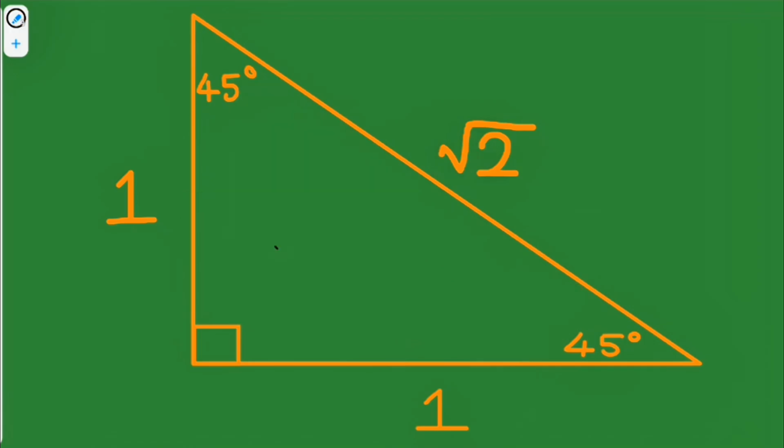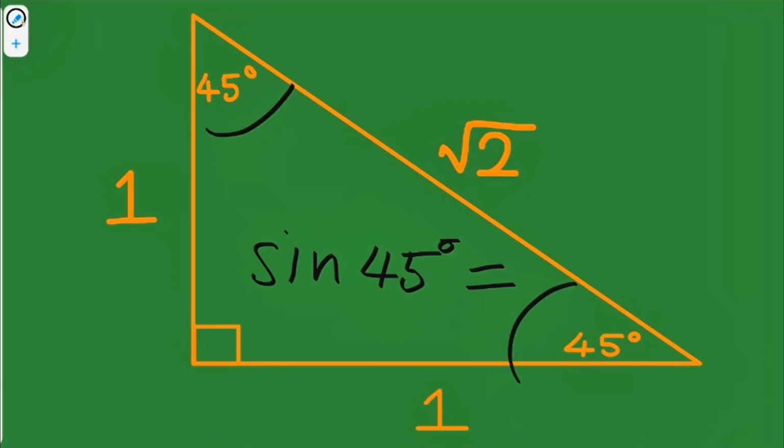When they want us to determine sine 45 degrees, you can use this angle, you can also use this angle. When you use this angle, it's still going to be opposite side over the hypotenuse, which is going to give you 1 over square root of 2. Your calculator is going to give you the answer of square root of 2 over 2 because it was already